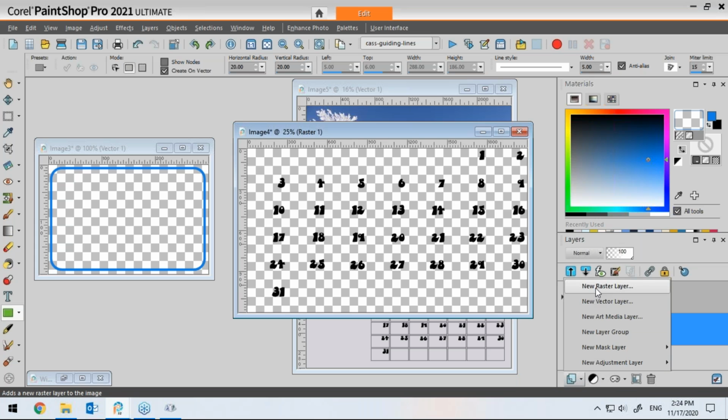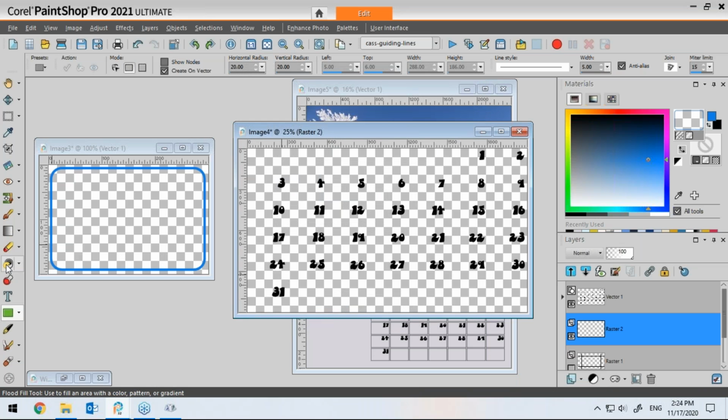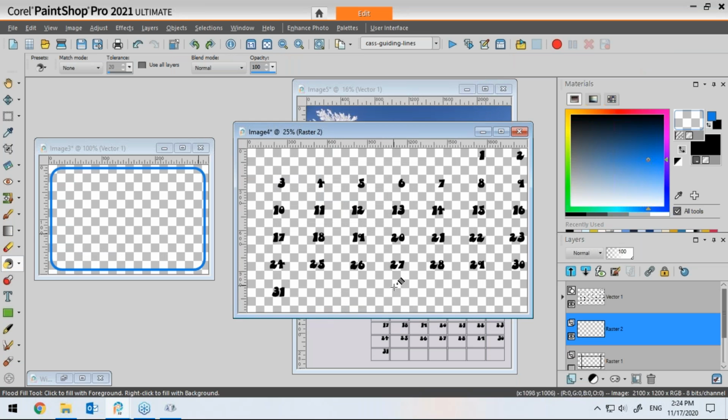No sense in redoing everything. Adding a new raster layer, and with the flood fill tool, if I flood fill, you can see how everything is still in place. My dates are still exactly where they were supposed to be, and everything is perfectly aligned. If I want to change that, I can change the color very easily. If I lock the transparency, I can select all,